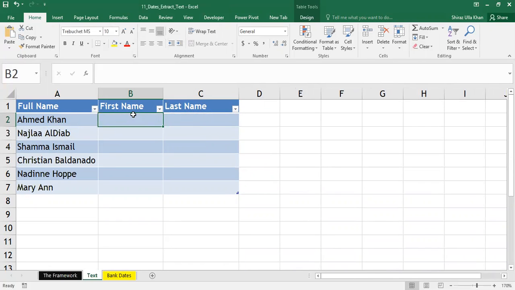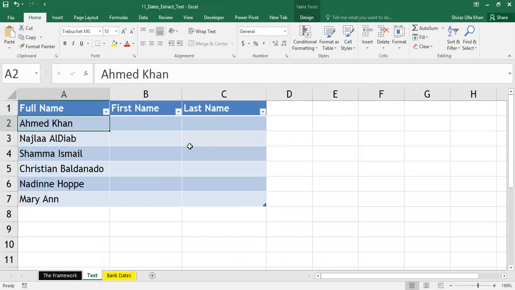So people, before I get into the practical example of how to split this data using the text to column utility in Excel, the first and foremost important thing in text to column is the delimiter. So what is a delimiter? A delimiter is basically a character which separates two sets of data. So for example, if you see in this cell A2, I have the first name as Ahmed and the second name is Khan. Okay. Now in between the first name and the last name, you see there is a character which is a space.